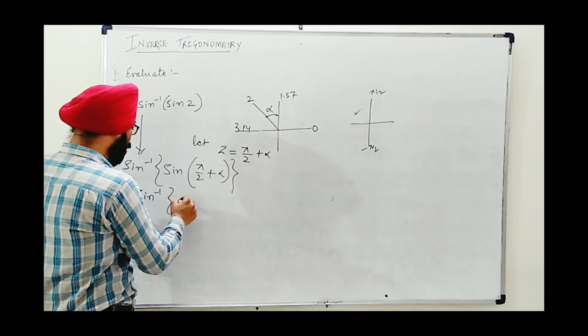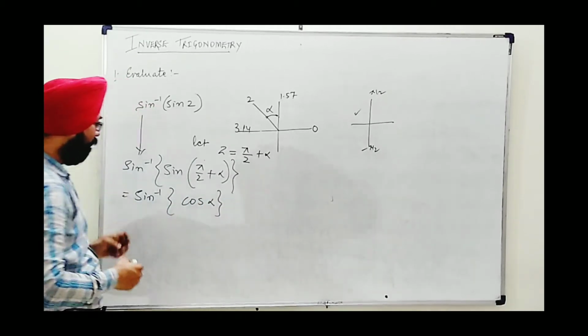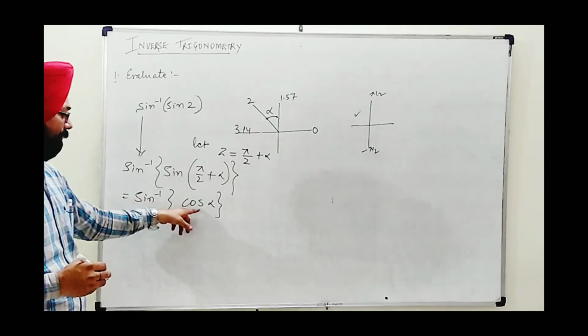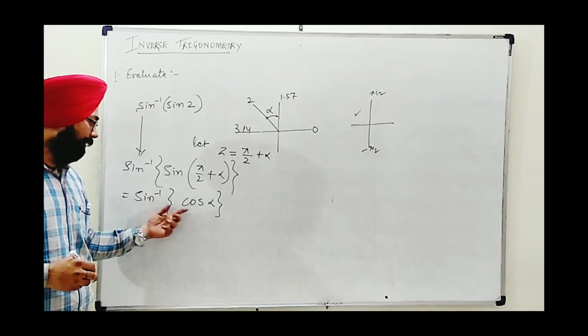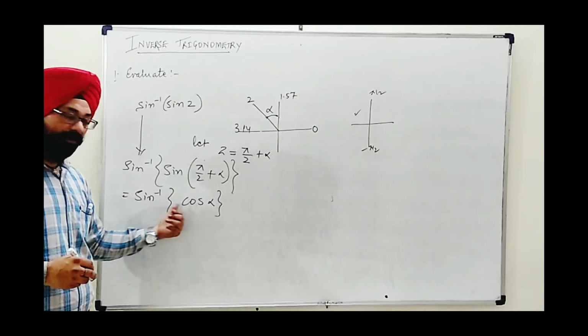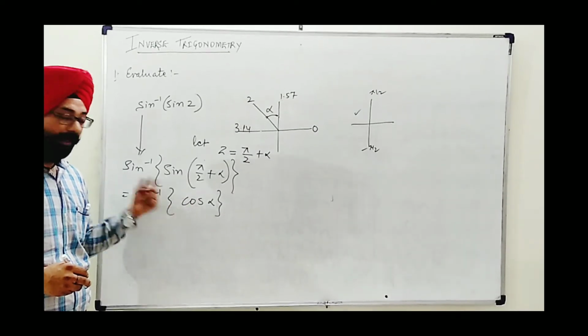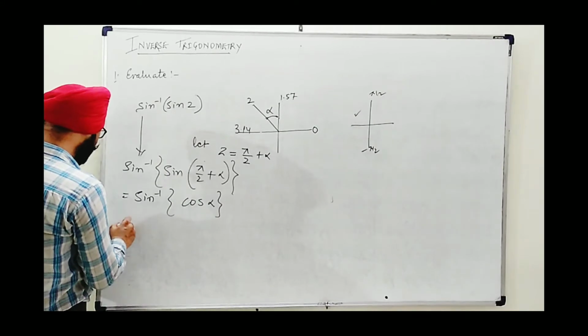90 plus theta will be equal to cos theta, meaning cos alpha. But the problem is that outside we are given sine inverse, and this is cos. Here it is sine inverse, this is cos. They cannot be cancelled out. We need to convert this again in terms of sine. How can we do that? We have to write this as